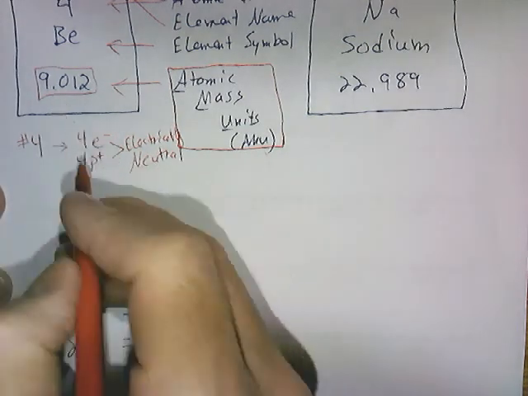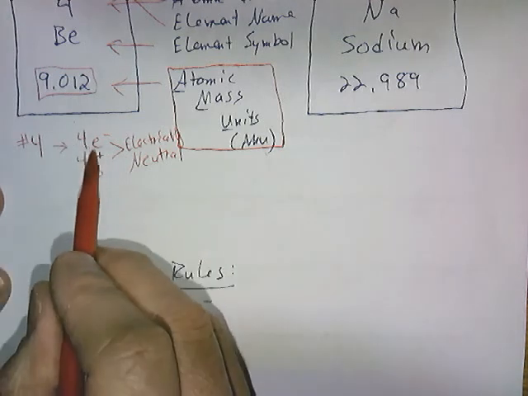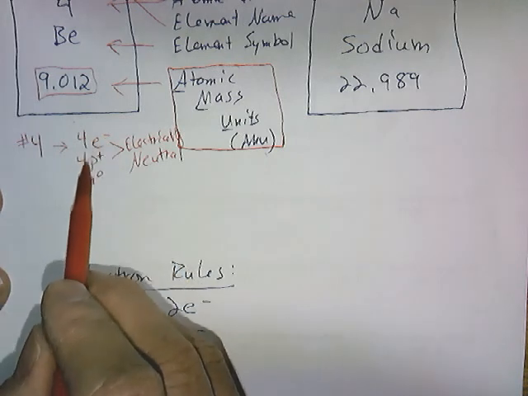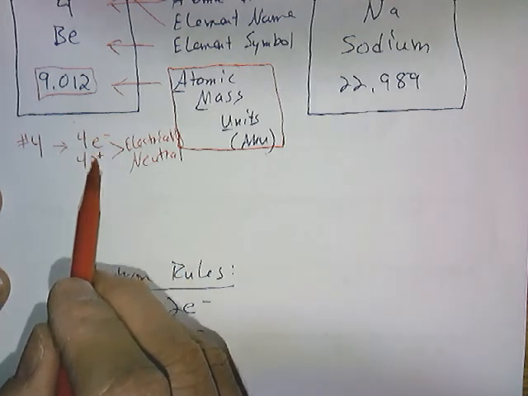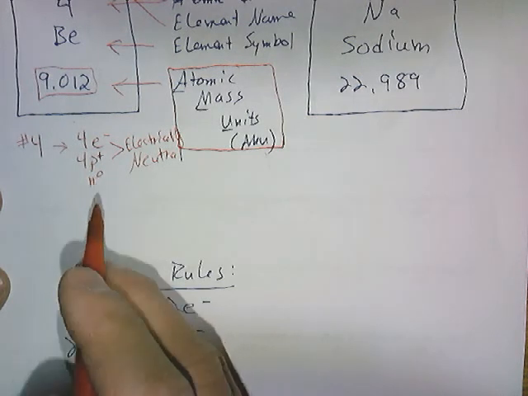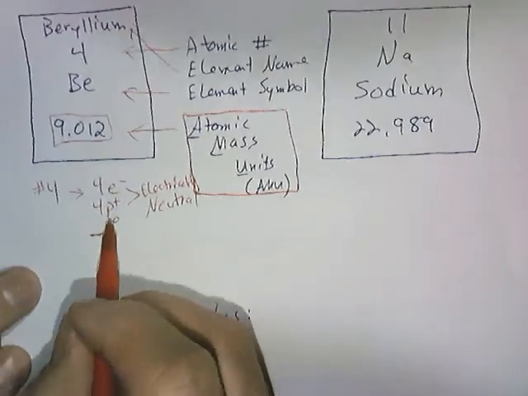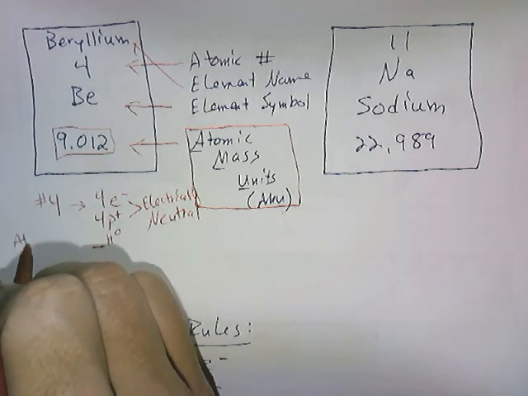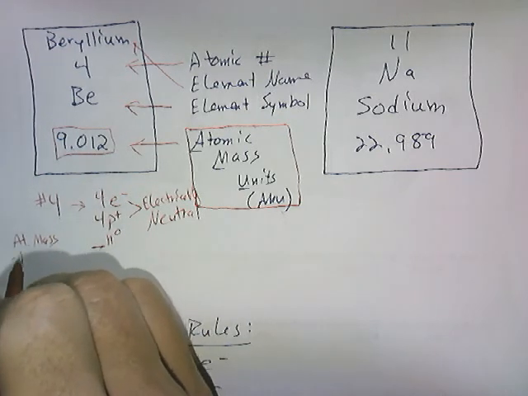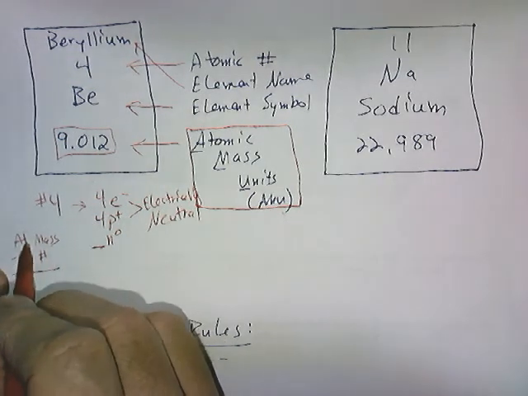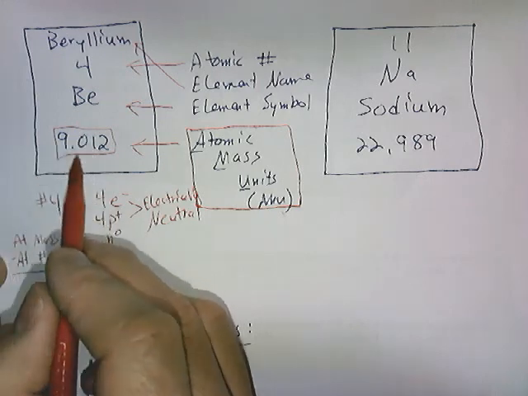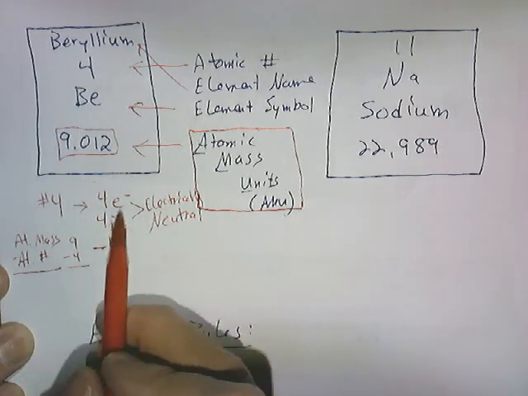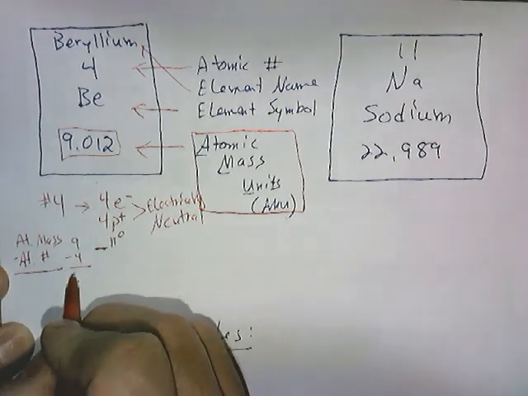Now I'll have to solve for my number of neutrons, and I'm drawing these out a particular way. I draw 4 e minus because e minus tells me that electron's negative charge. I draw 4 p plus because protons have a positive net charge, and neutrons have no charge, or 0 charge, however you want to interpret that. So in order to solve for my number of neutrons, I will go back to my periodic table square, and I need to take my atomic mass minus my atomic number. I've got 9.012. I round this to 9. I've got 9 minus my atomic number 4. And it tells me that if I subtract out my 4 protons, it has 5 neutrons